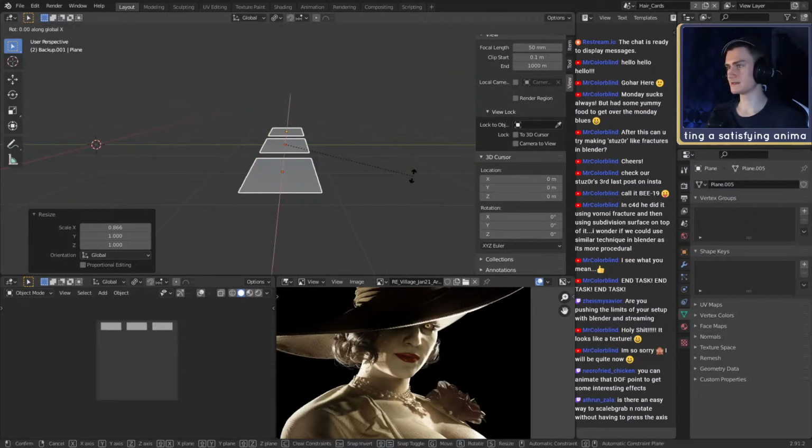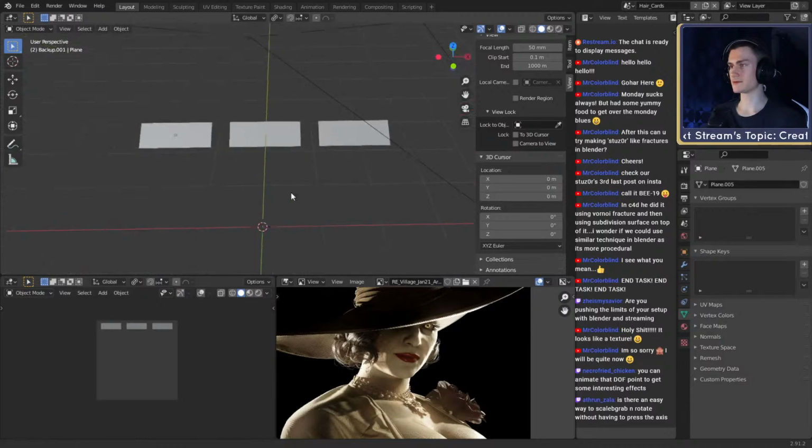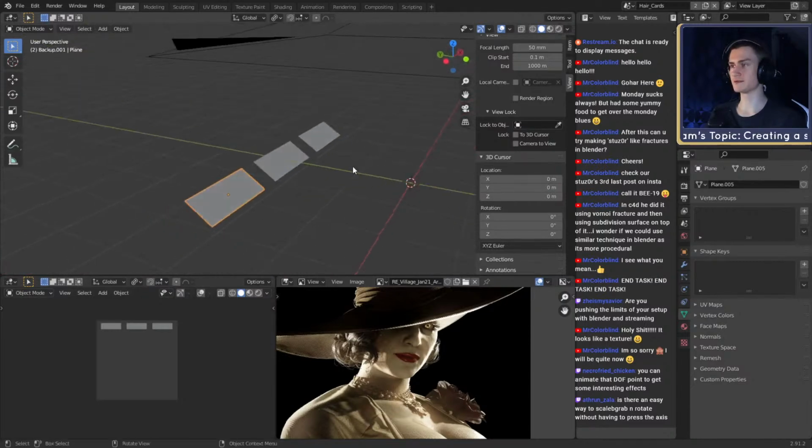You can rotate this a little bit on the x-axis, so they're not all starting from the same position on the texture. Basically, I can show you what it does in a few seconds. I usually put in like 45 degrees or even like 30. Okay. Now we have our 3 planes for the hair particles.